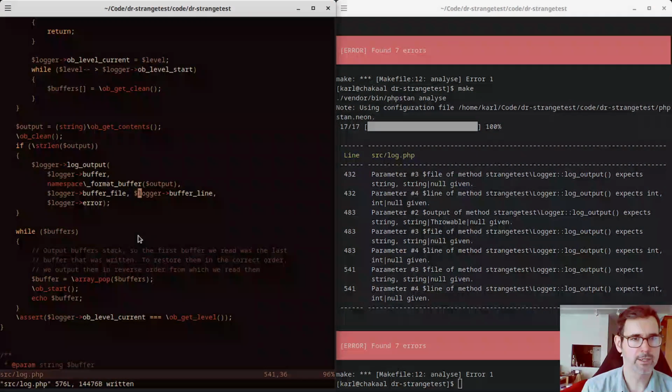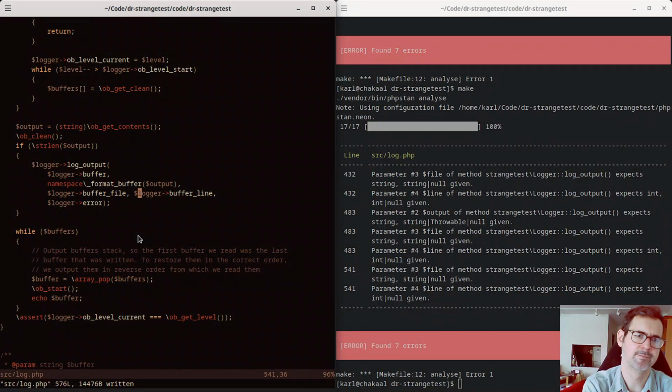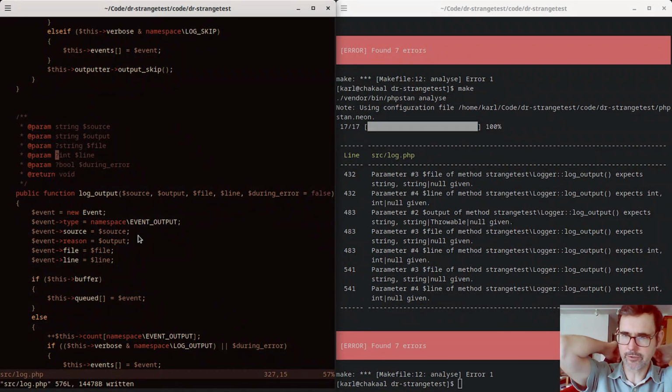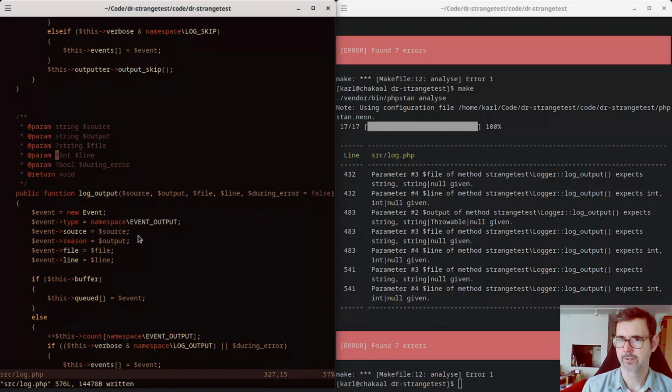So I guess what we're saying here then is, oh, really? Well, I guess we did say there is a situation where those could not exist when we're actually buffering the loading of the file. Yeah,